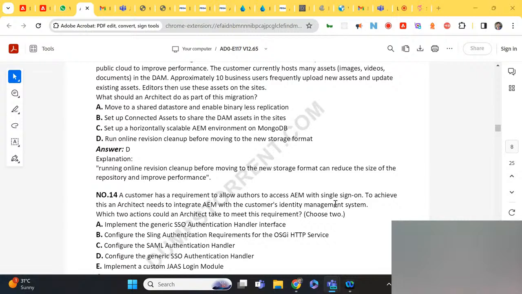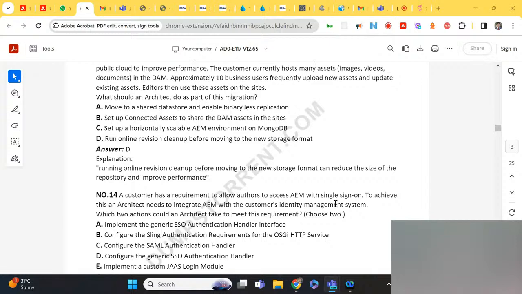For single sign-on, yesterday... I'm saying for SSO, SAML is required, and maybe the B option you're talking about could be one option.